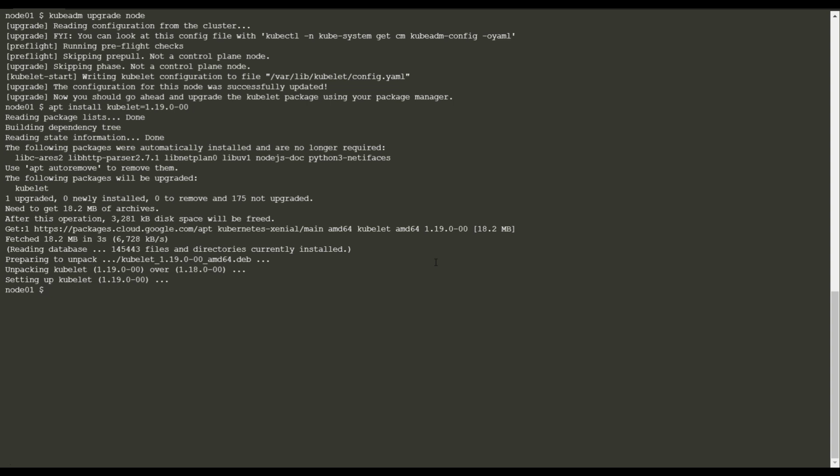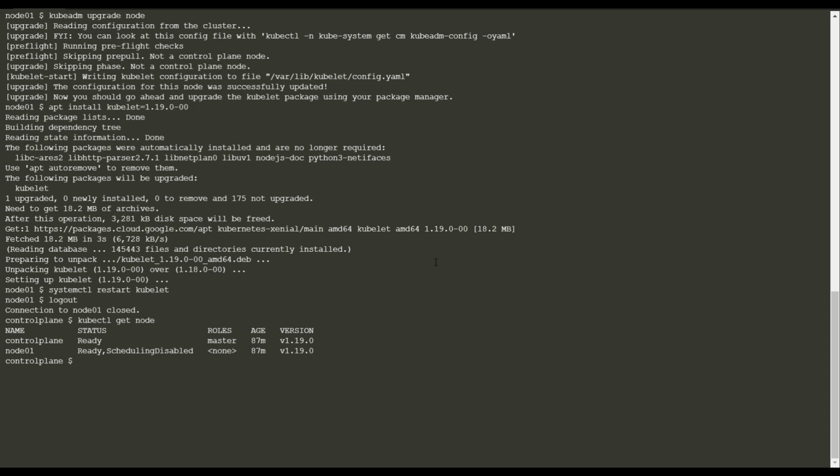Okay, now restart the kubelet, same as we did previously for the master. systemctl restart kubelet. Okay, so now we are currently on the node 1 worker node. So we have to come back, press Ctrl D to come out from the worker node. kubectl get node.